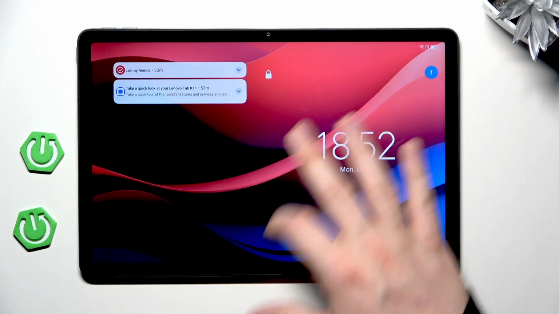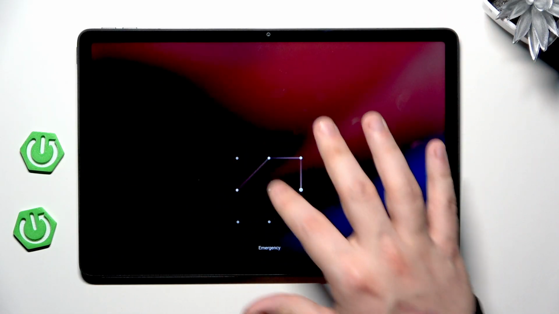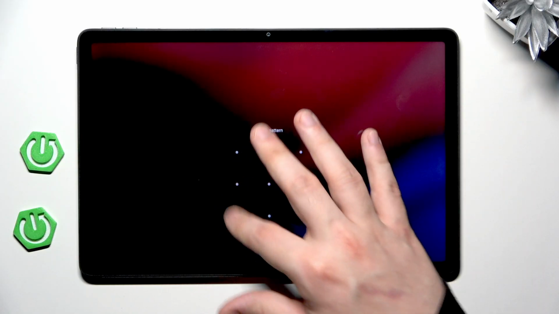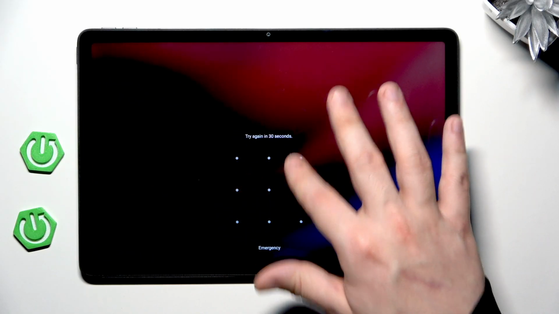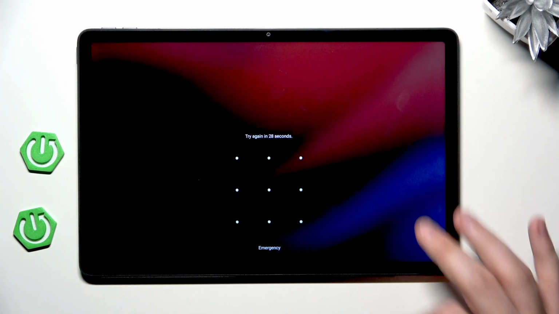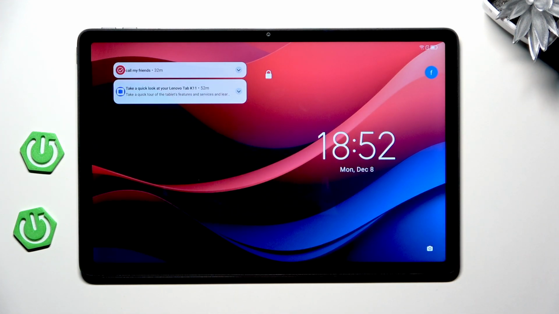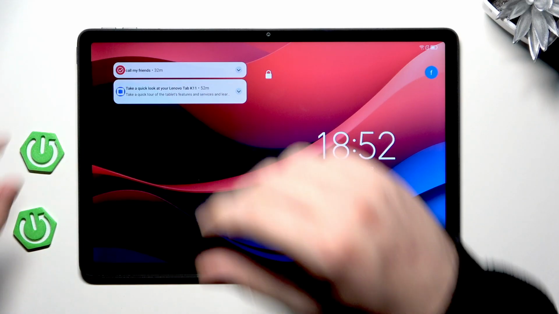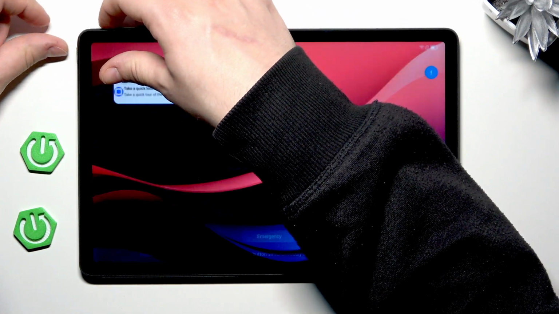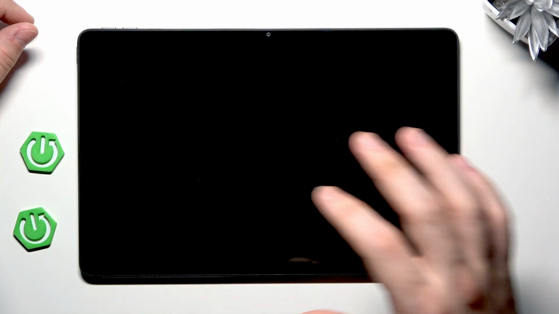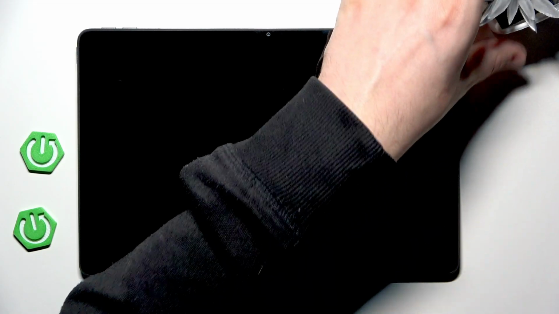Alright, let me show you that everything is basically locked. I cannot remember our password, we can even lock the screen. And now, how to enter recovery mode. We need to power off our device, so click power button and volume up button at the same time and select power off. We also need to connect our tab to a PC or laptop using USB-C cable, but don't connect